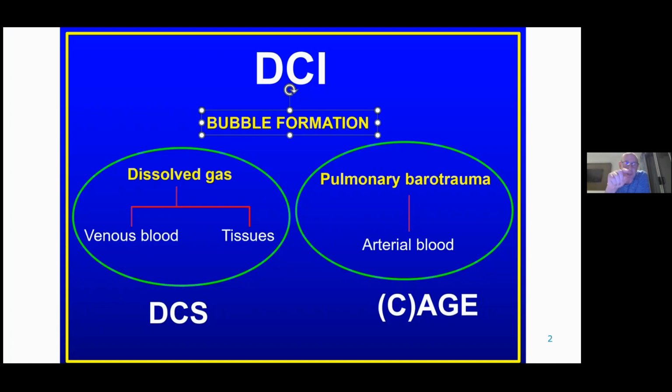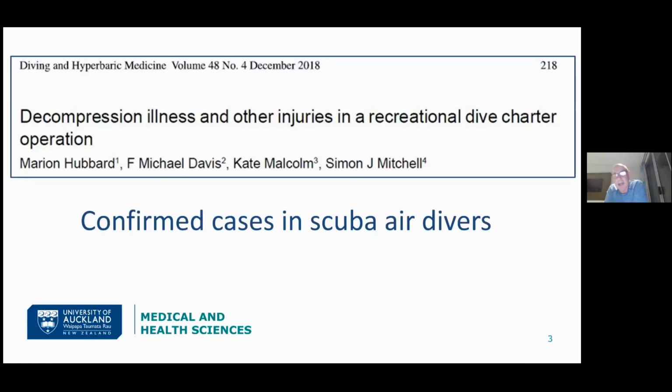So bubbles can form from gas that divers absorb during a dive that's dissolved in their body. When those bubbles form, they form in the tissues or in the tissue capillaries and then appear in the venous blood. And the consequences of that we refer to as decompression sickness. And then pulmonary barotrauma, I'll explain in a moment, is fundamentally an overpressurization of the lungs, and it can introduce bubbles directly into the arterial blood, and we call that cerebral arterial or arterial gas embolism. But the C is cerebral, which is the consequence we fear the most.